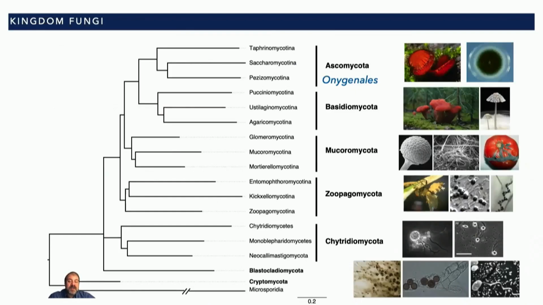A reminder of the relationships among the major groups of fungi. In bold here, you can see the different phyla listed out. The onygenalean fungi that coccidioides is a member of is part of the Pezizomycotina, the filamentous ascomycetes. There are, of course, many species in these different lineages, but you can see that some of the ones that are more closely related to cocci include things like Aspergillus and Fusarium and some of the other species in those